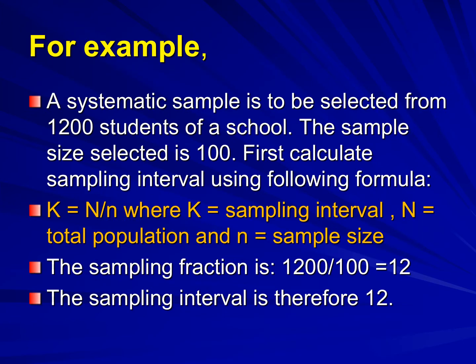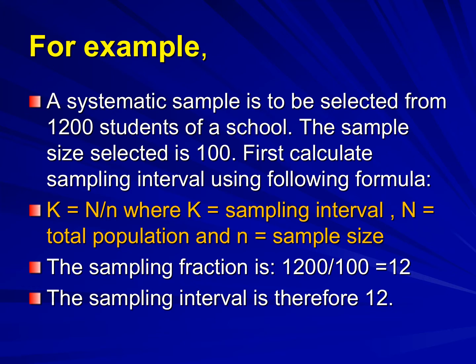Now, this particular sampling method has no added advantage over simple random sampling. The systematic sampling method is also called systematic sampling with random start. As I already explained, the first sample we have to select randomly. It is indicated when the population is finite and homogeneous for the variable under study. Let's understand systematic random sampling with the help of an example. Suppose a systematic sample is to be selected from the 1200 students of a school. The sample size to be selected is 100. That means we have to select 100 students from the 1200 students of the school.